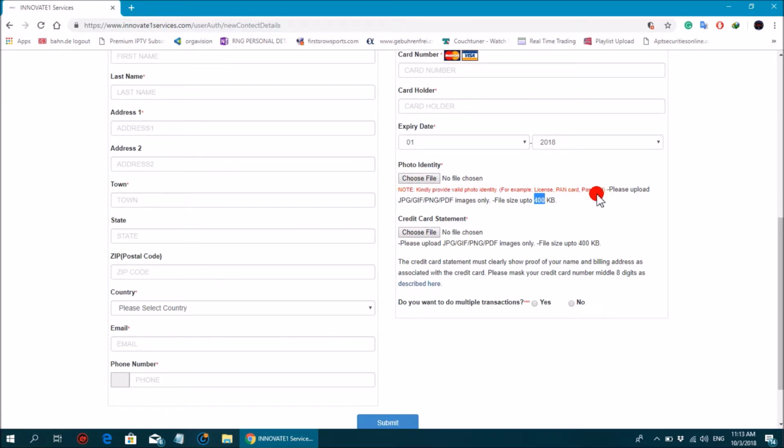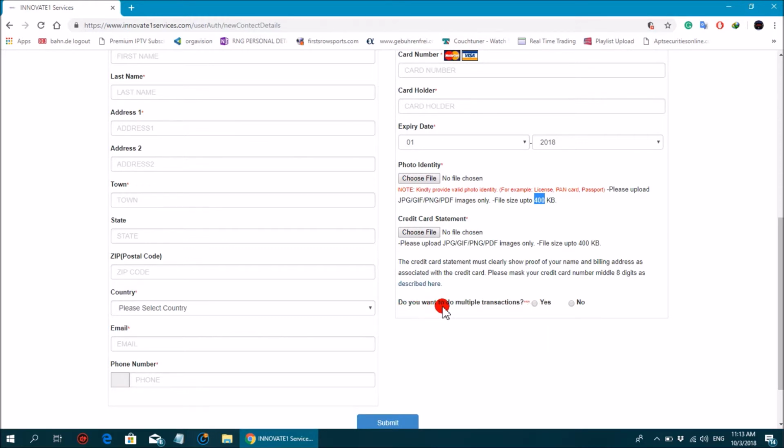And then you put your passport, your driver's license, whatever card that shows your real name and identity, date of birth, everything. So you put it in here, and here is your bank statement, your credit card statement. You go online to print it, or if they send it to you at home, you scan it in whatever way. Just do it and make sure it's up to 400 kilobytes. So once you upload all these two documents, you come here, you click yes.